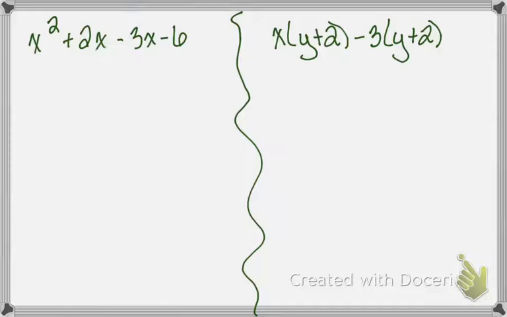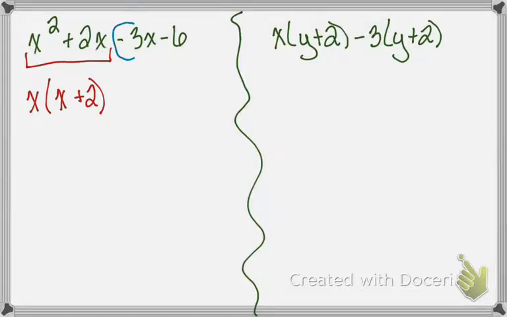Okay. How we doing? Okay. What comes out of the first two? X. Okay, x comes out of both of those. X times what gives me x squared? Good. X times what gives me 2x? Okay, now,